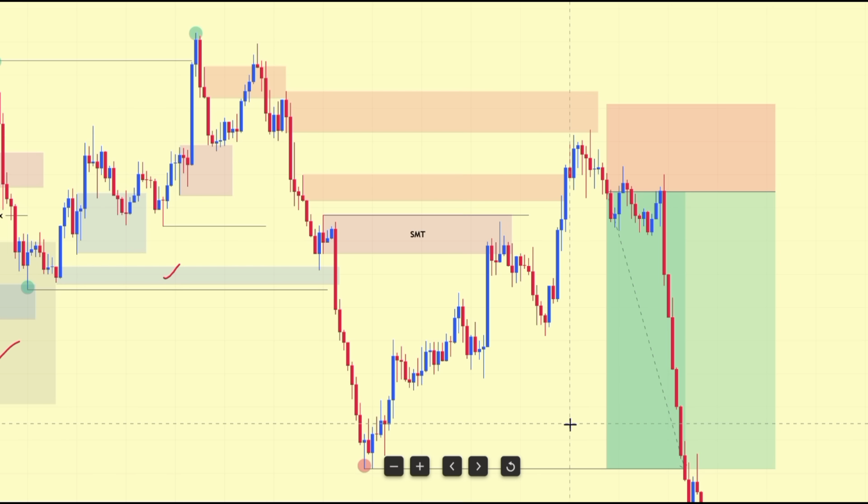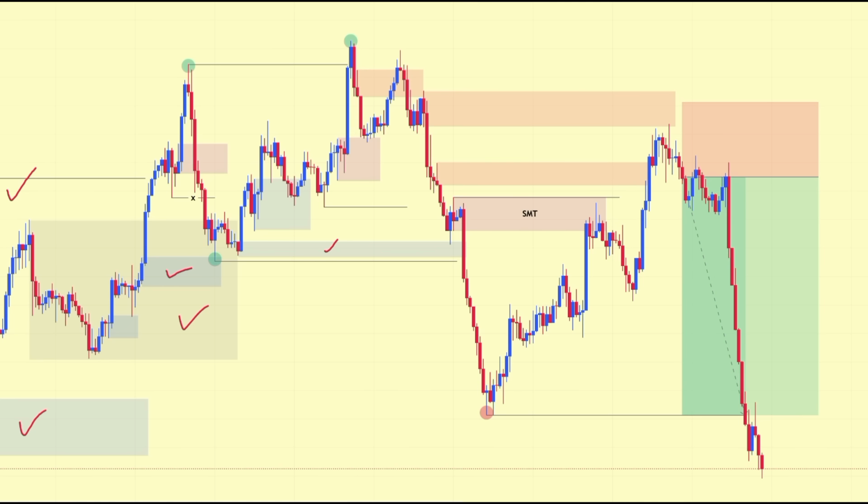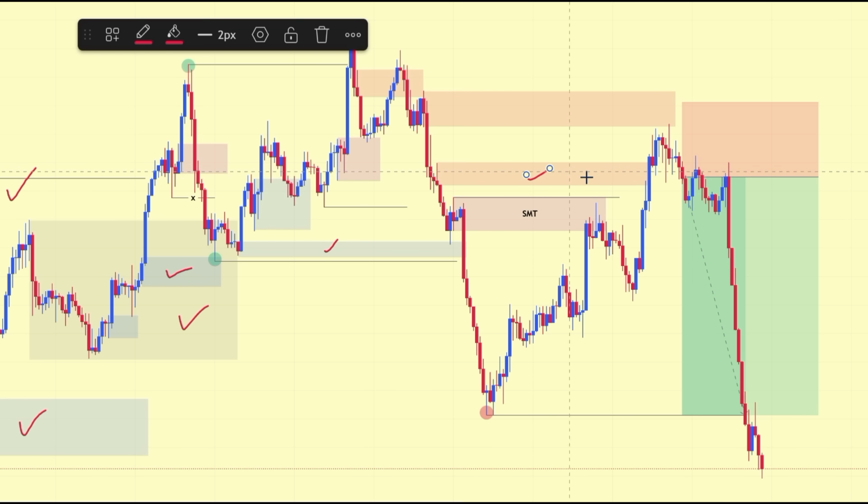Okay guys, so I just want to believe that you have learned a lot in this video. So in the next video, we'll be diving into POI identification, because not all of these order blocks, the ones that meet the criteria, like this one here, you can clearly see price didn't even flinch from here. And you can clearly see this one here, price actually made that reversal from there. So on the next video, we'll be filtering out these order blocks that, yes, they meet the criteria of high probability order blocks, but they are not strong ones, because we only have two